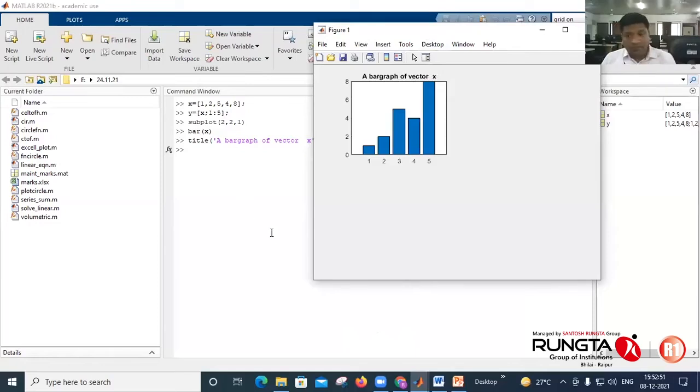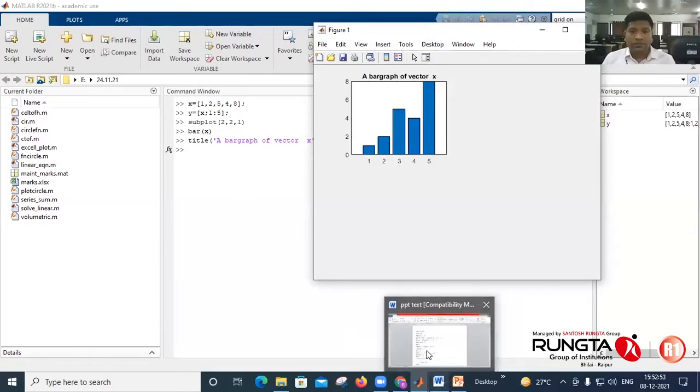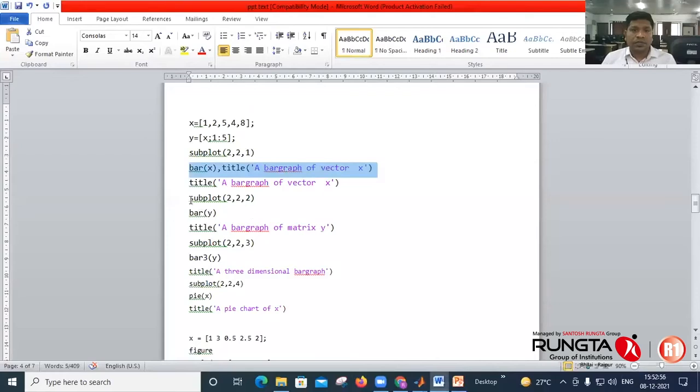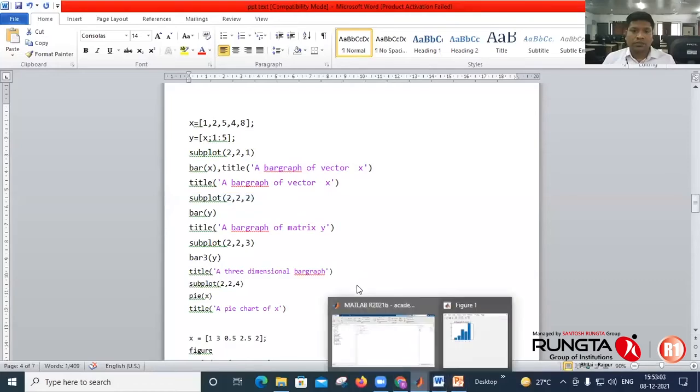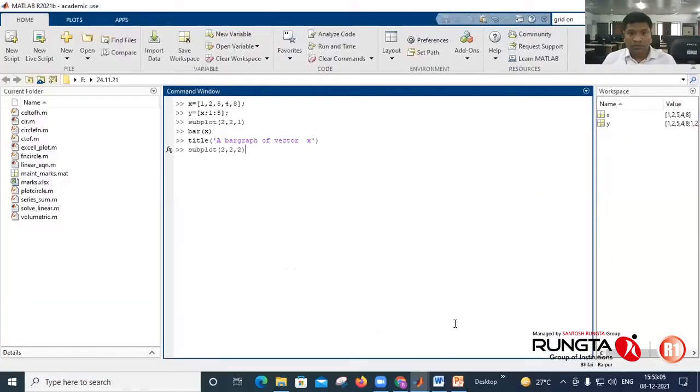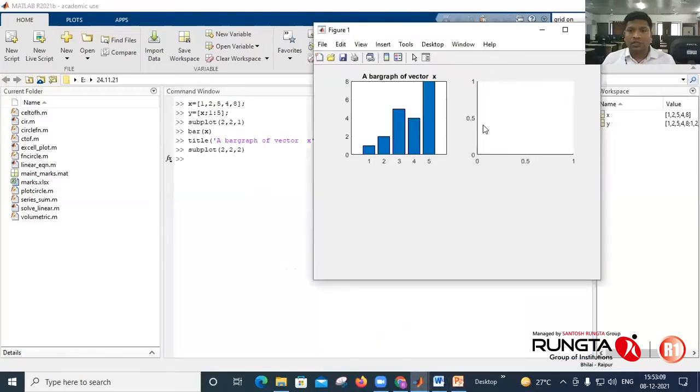Then activating subplot 2, the second location is activated. Here you can plot the value of Y. In Y, there are 5 values of X and 5 values in the second column, so there are 2 columns.